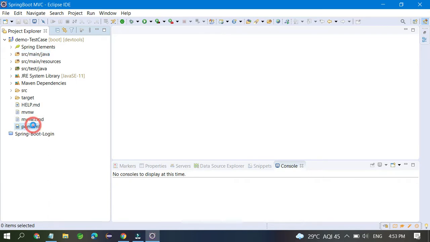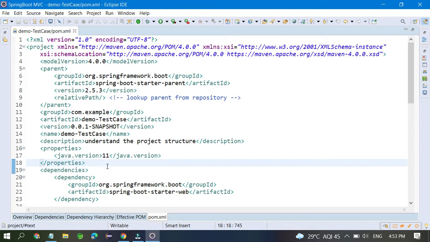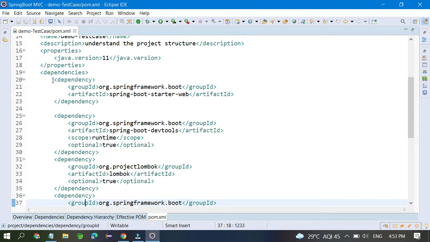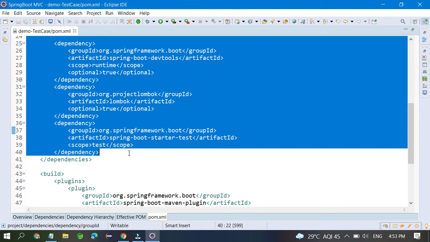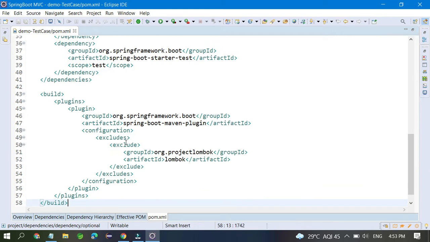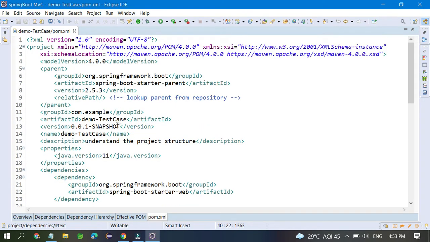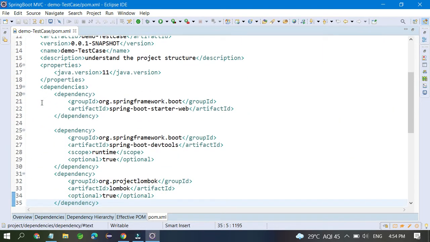This is the pom.xml. Here you have to add whatever dependency is required. Before starting, you can see one more dependency is given by default: the test dependency, org.springframework.boot spring-boot-starter-test. It will give you one dependency directly, but this is not going to help you fully, though it will also help for unit testing.